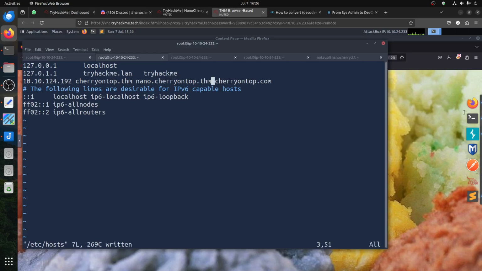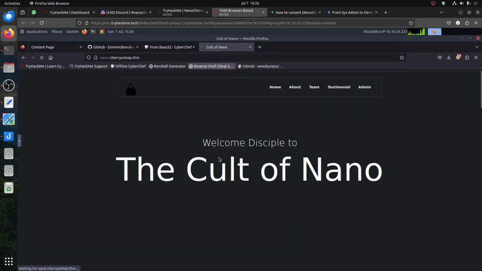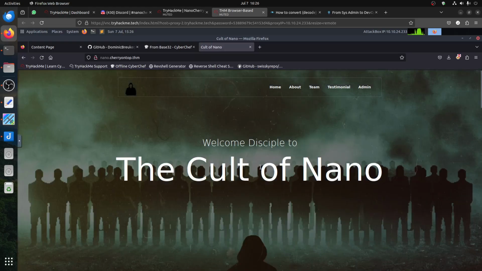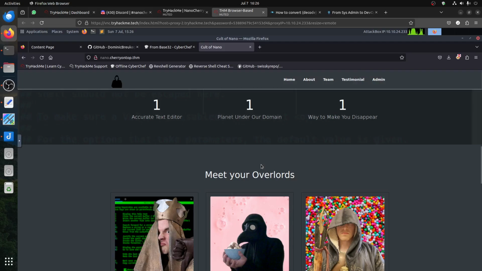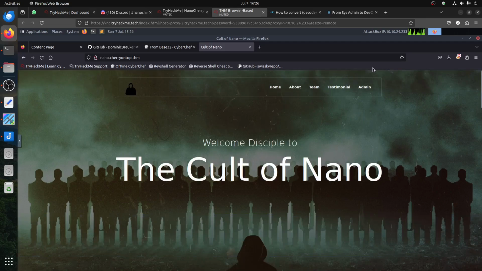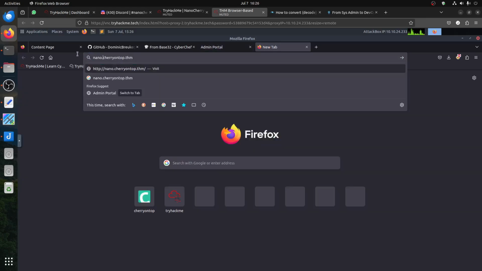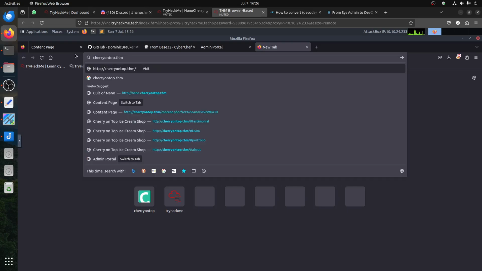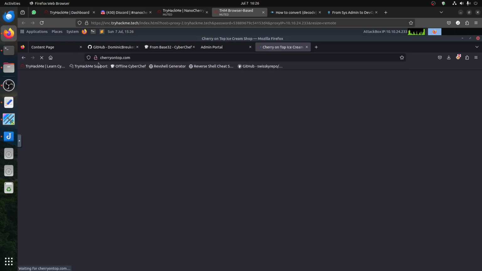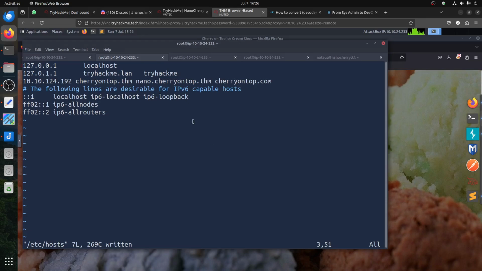we save that. Now, because we're still in the reconnaissance phase, if I go now to that one, it says the cult of Nano. So we got another domain here with these people there, and the most interesting part is it tells you an admin login here. So we have an admin portal. Now let's try the .com. What's the .com? It's the same thing, so it redirects, and we can know these things because I can go here to,